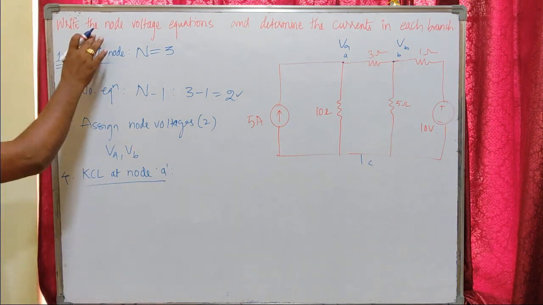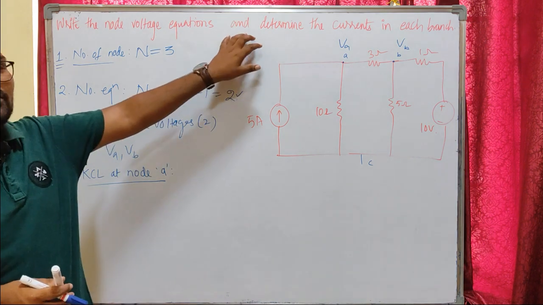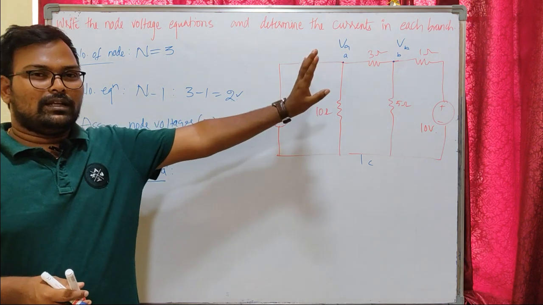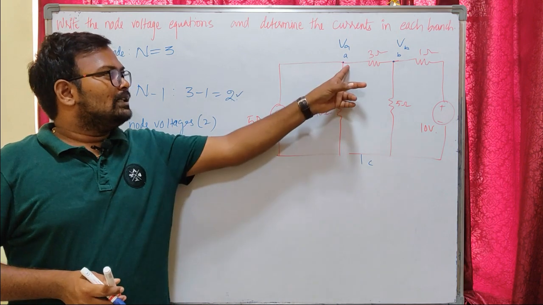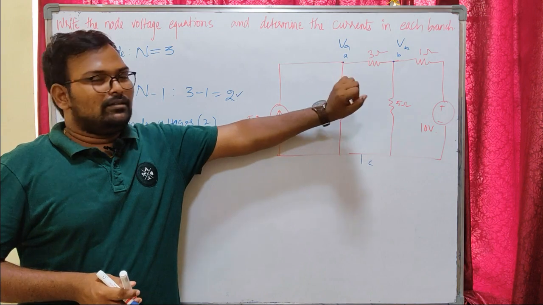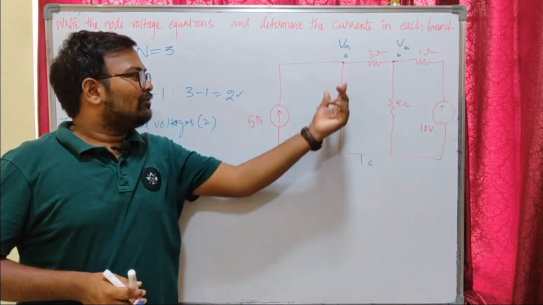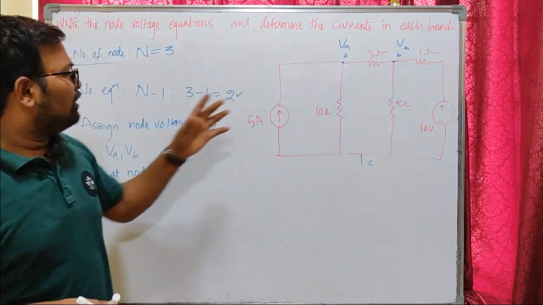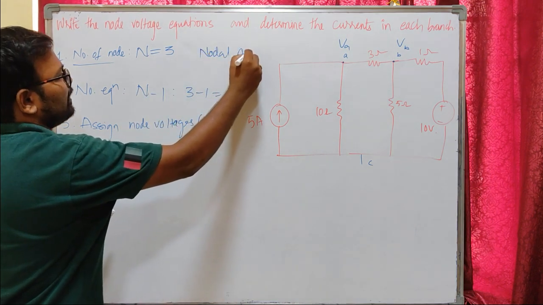He didn't mention in the question that you are going to apply nodal analysis. He didn't ask you to apply nodal analysis here, but you have to know when to apply nodal analysis. We have to find currents in the question. How is it possible? It is possible only if we have voltage values at each node. So that is your thinking: you should think that we need to find the voltages of each node so that we can find currents in each branch. That is possible only when we apply nodal analysis.